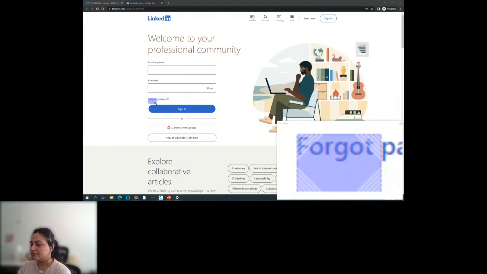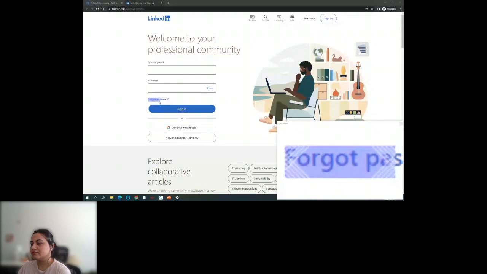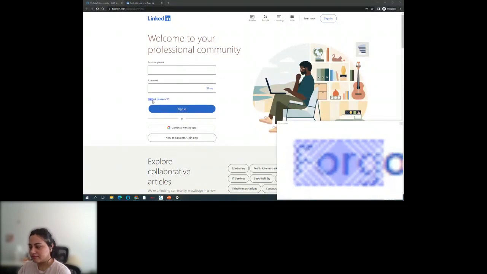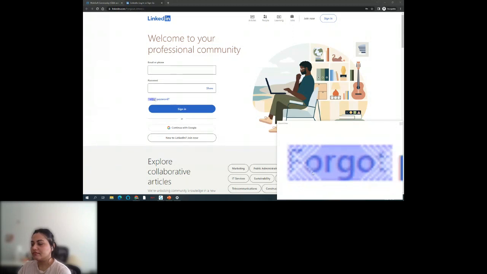You might be asking a question, Shravan, why you are not using the whole word? Whenever you are doing RPA, please make sure that you use as limited text as possible to identify a text. Okay, that will save time and trace. So now I need only forgot. So you can see here I am zooming it. So then I'll click on F10, and then